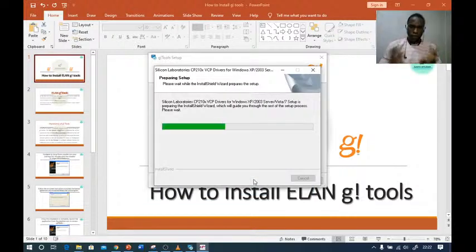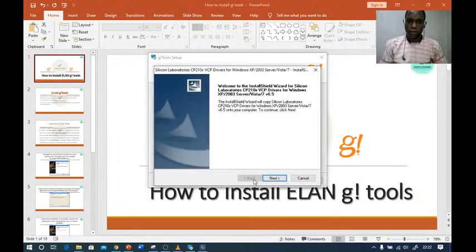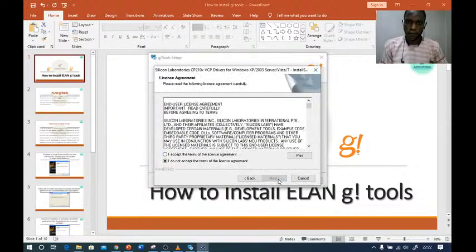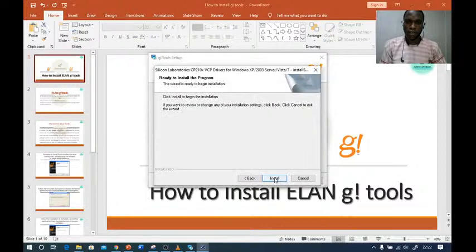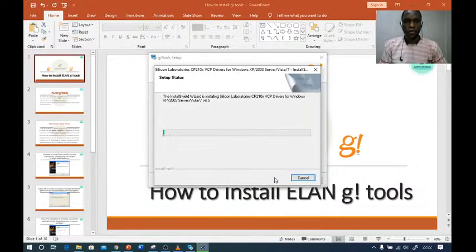So this software now, I need it, so it will download and install. Next. So you have to accept the license agreement. Then next, install. So this is the installation process now. So just be patient with it while it does the installation.